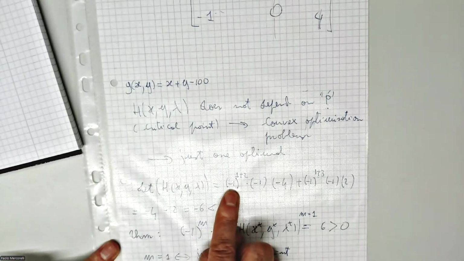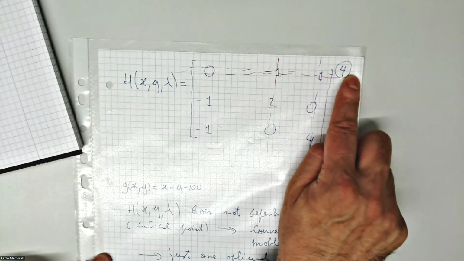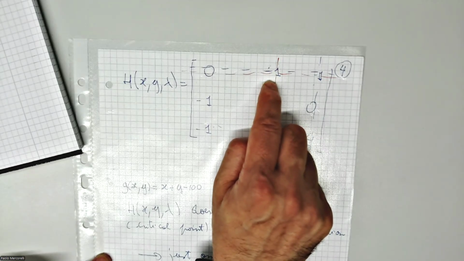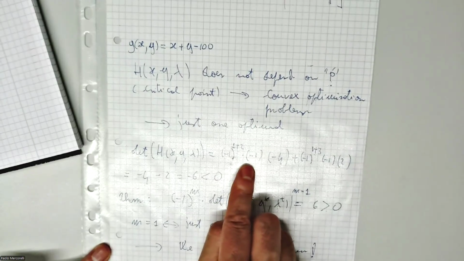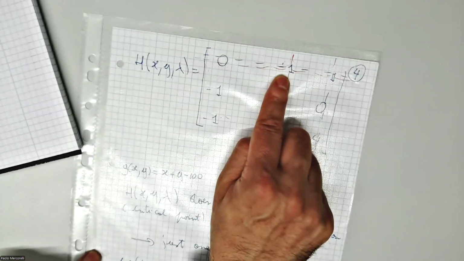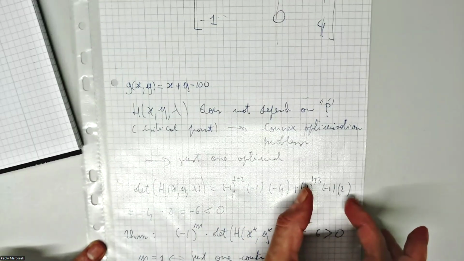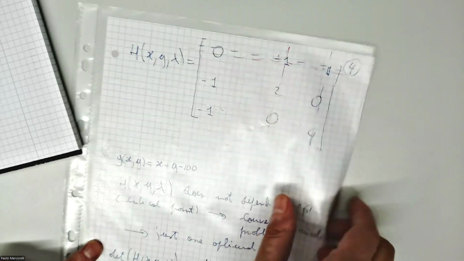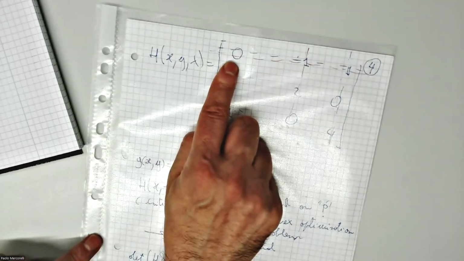-1, which is here, is up to 1 plus 2. Why that? Because 1 is the fixed row, and 2 is the second column. This element is characterized by index 1, 2. This is the coordinate. 1 row, second column. This means -1 up to 3, which multiplies what? This element here, -1. Exactly now I can justify why I didn't consider this point here, because before doing these two calculations, one related to this -1, and the second to this -1, the difference is the index. I don't need to put it because it's 0. This means I will have 0,